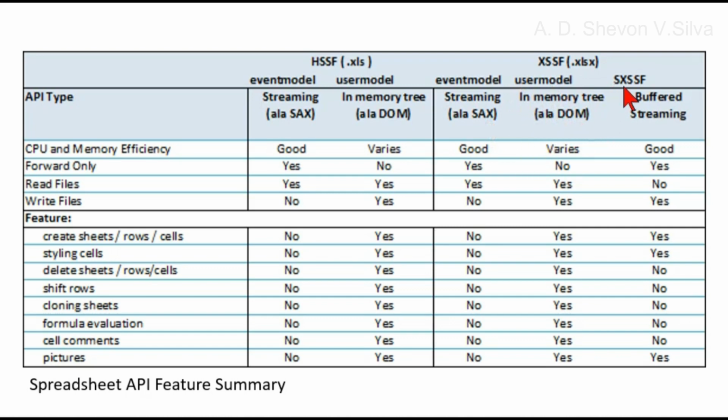SXSSF is buffered streaming. Here CPU and memory efficiency: in the event model it's good, the user model varies, and in the event model good, the user model varies, and buffered streaming is good. Forward only here is yes,